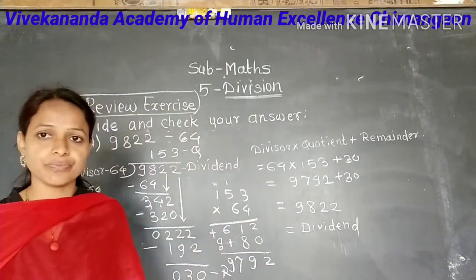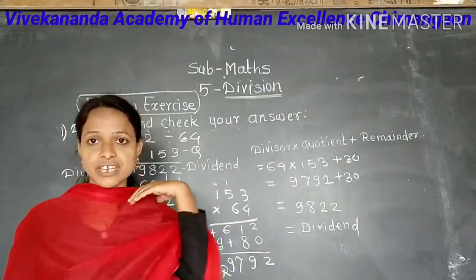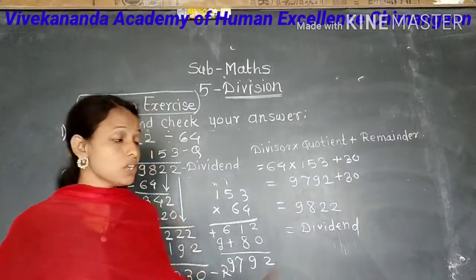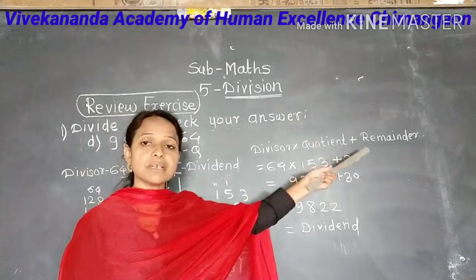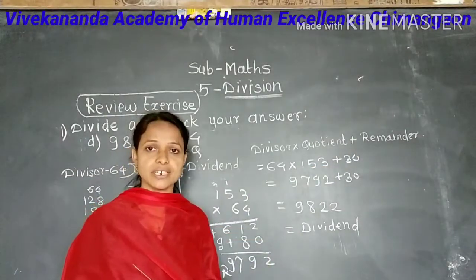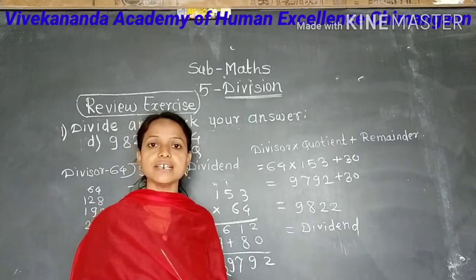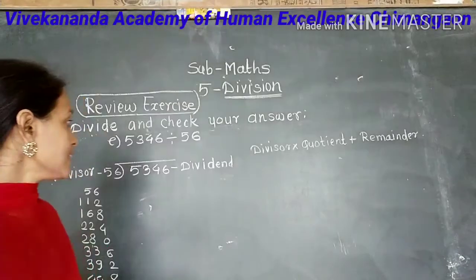In this way, by division algorithm we check the quotient and remainder and it's correct. So we get divisor into quotient plus remainder is equal to dividend. Understood? How to divide and how to check our answer by division algorithm. Next example,